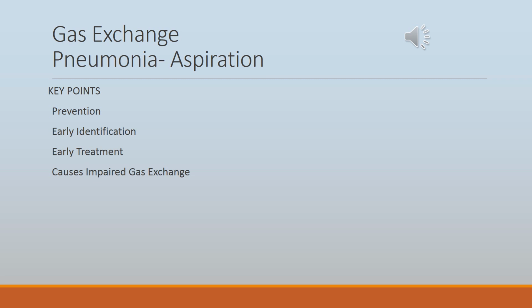Key points of aspiration pneumonia are first the prevention. Assess patients that are at risk for aspiration pneumonia and identify them to prevent the aspiration. Have early identification. Nurses should be vigilant for the clinical manifestations that indicate pneumonia, and they should be reported quickly so that treatment may be initiated early. The activation of the immune response interferes with oxygen as it diffuses from the alveoli to the pulmonary capillary, and carbon dioxide diffuses back into the atmosphere. The process of ventilation can be altered when patients are experiencing pain or conditions that allow the aspiration of gastric contents.